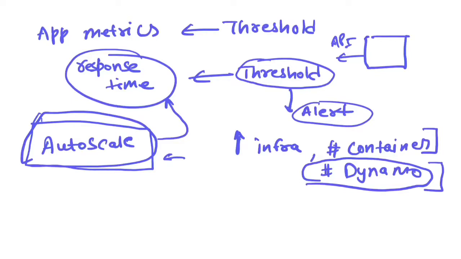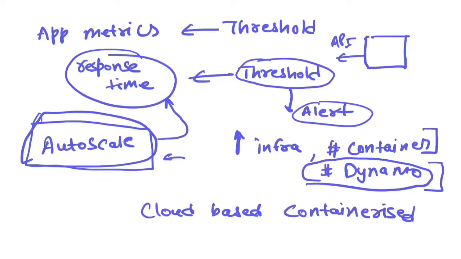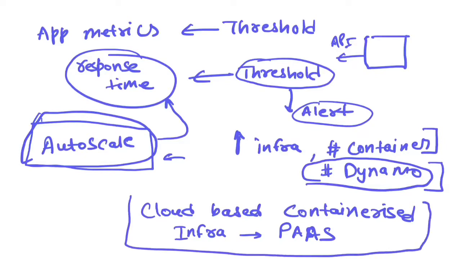So it's cloud-based, containerized. If I have to say it in one line, it's a cloud-based containerized infrastructure, and this acts as a platform as a service. It's a PaaS, platform as a service. You can ask for how much platform or infrastructure you want. You can ask for the relevant infrastructure and you can deploy your application over this platform, and all these features are provided out of the box to you, whatever I have explained to you.